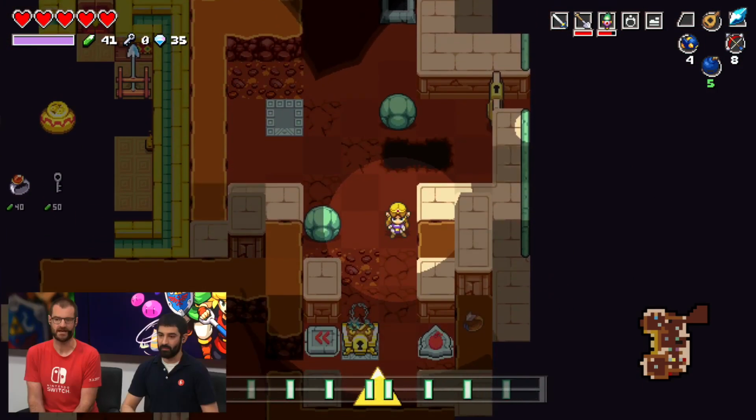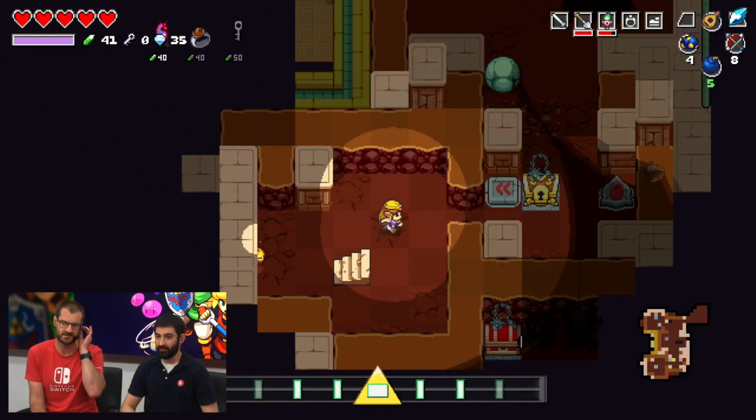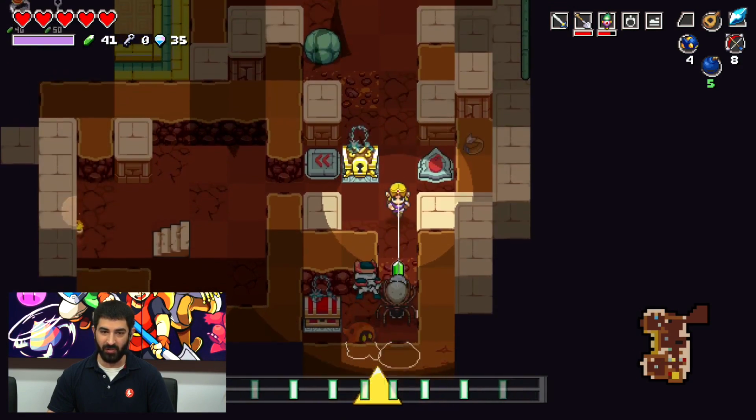Sam, you mentioned that it's roguelike, or has roguelike elements. So some of the items you've collected, if you were to die, you would actually lose those. But some of them you would get to keep. That's right. So any of my Legend of Zelda series items or my weapons...